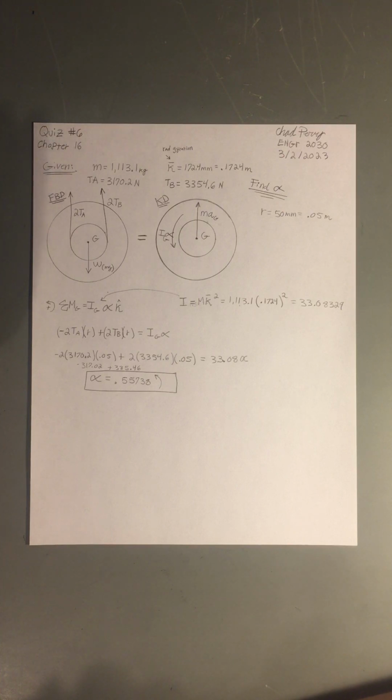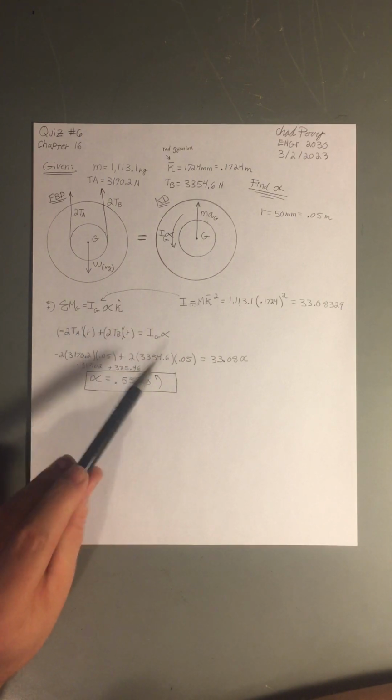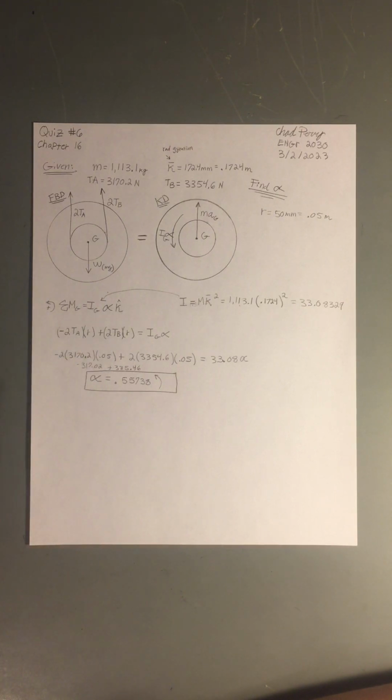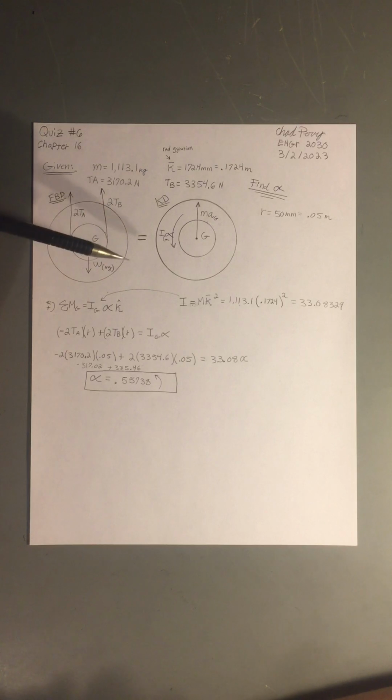And so looking at this problem, we know we want to find alpha, and so I decided to use our moment equation from this chapter. And since I took the moment about point G, we didn't have to worry about the weight, and that means we also didn't need the cross product portion of this, because the moment is at the center of gravity, or the center of mass. And so looking at this equation, I knew that we would need this term I here,